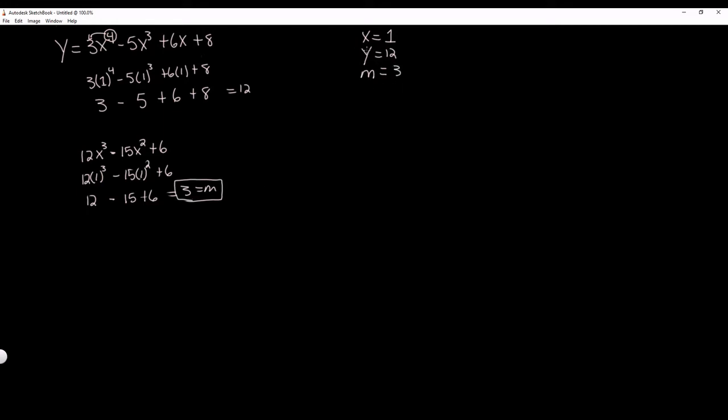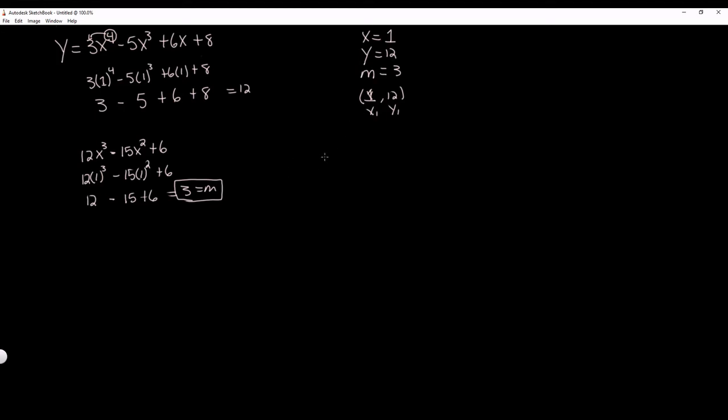So now that we have all the numbers that we need, our x, our y, and our slope, we can write x, y as 1, comma 12, and this will be our x1, and this will be our y1. So we need to write this, and the way we're going to find the equation of our tangent line is